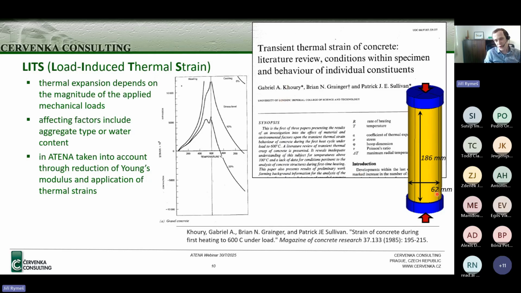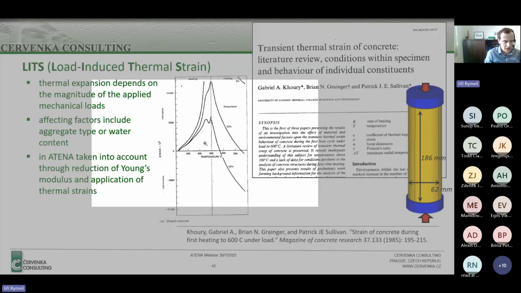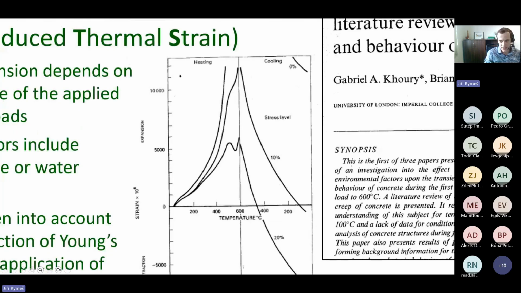This is the model in ATENA. It was a cylinder with a diameter of 62 millimeters and a height of 186 millimeters. This is the data. Maybe I can zoom in here, and the data show